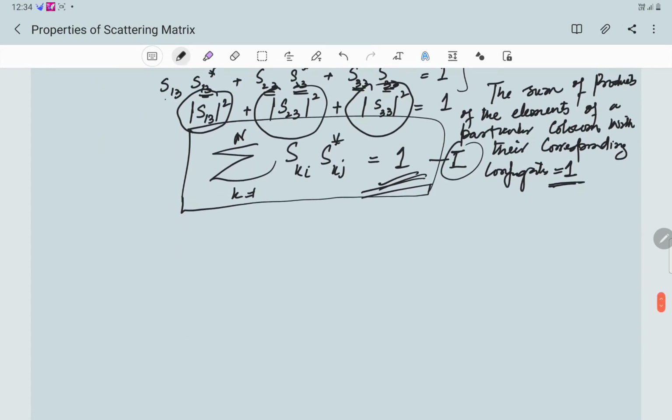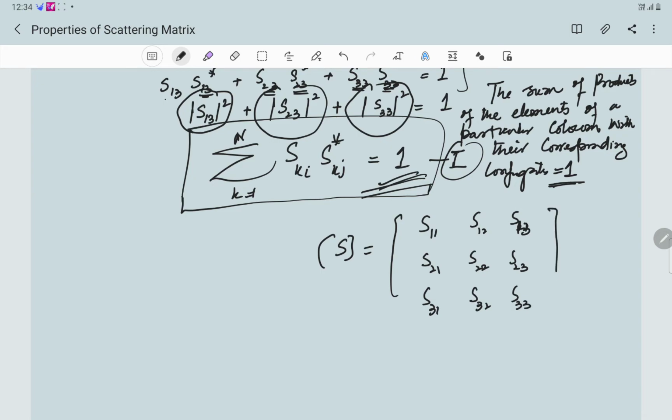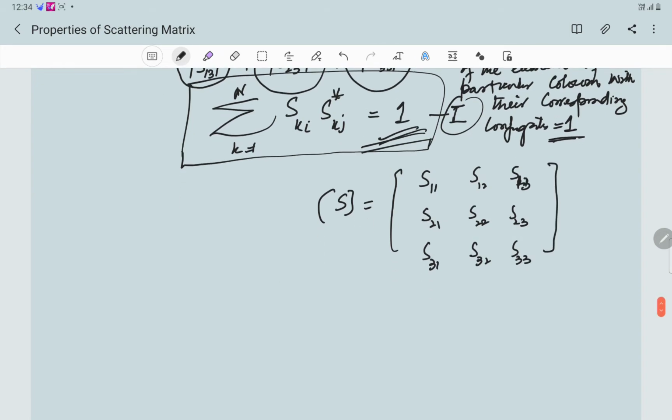Say, for example, for a lossless network, if S is a matrix for a 3-port network, S11, S12, S13, S21, S22, S23, S31, S32, S33. So what we said is that for a lossless network, S11 square plus S21 square plus S31 square